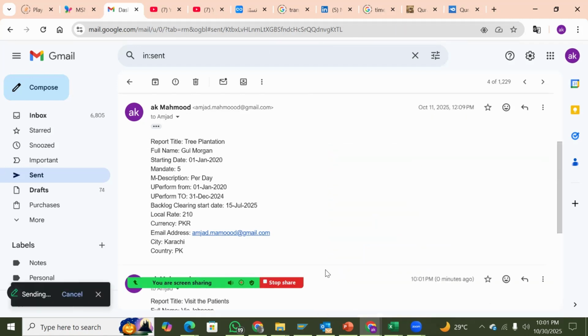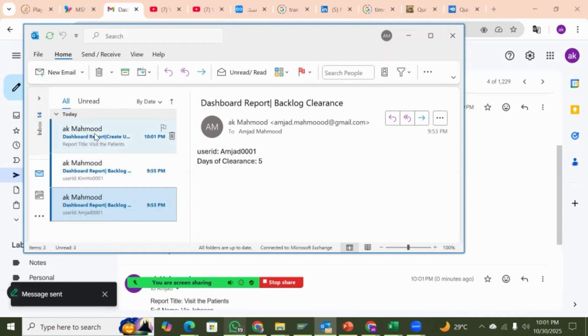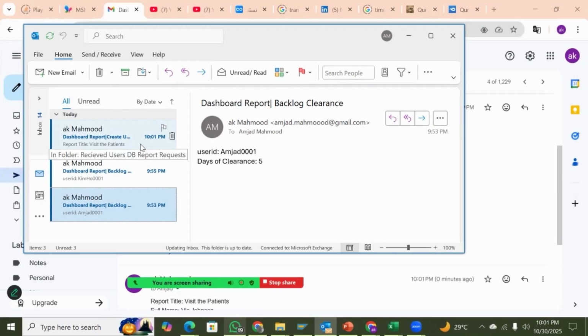Okay, so another email will get into the Outlook, and you will see now you have two. One is this, and the other will come. Yeah, now there are three. One, two were the backlog clearance, and one is the creation of the user, right? Now you have three items which are waiting for the action to be taken by the